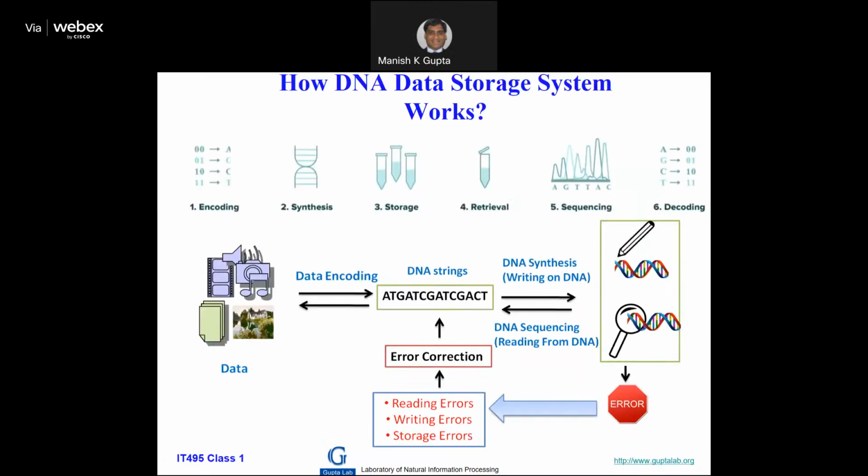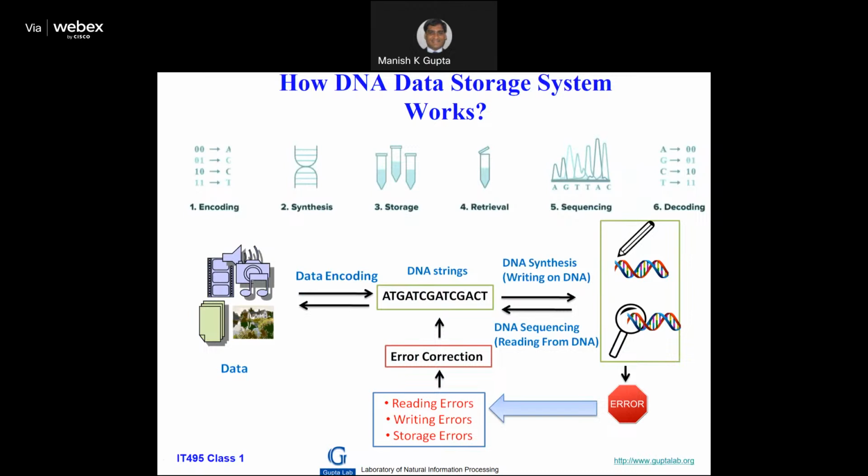Now, for sequence-based, these 6 steps are required. Encoding of data into ACGT, using some synthesizer machine to synthesize the DNA strings, and store it in a test tube. You can store it on glass. You can store it on paper if you want, right? Or you put the test tube in your garden. It doesn't require electricity, right? See the flexibility you have. And then retrieval, and then there is sequencing. You will read by some sequencer machine and then convert it back.